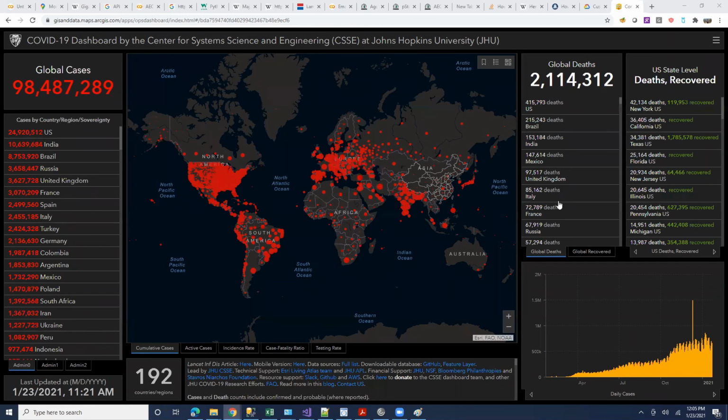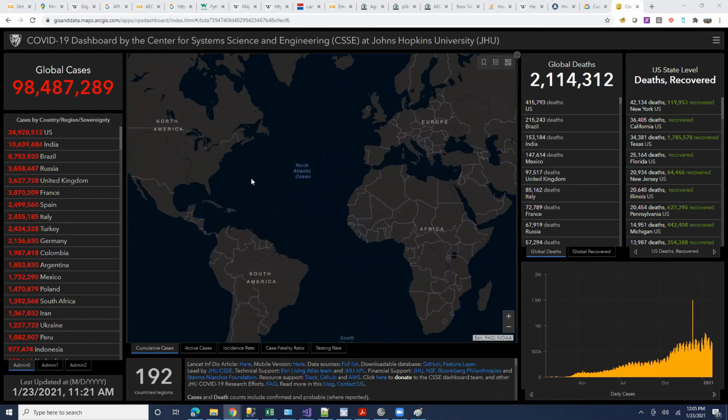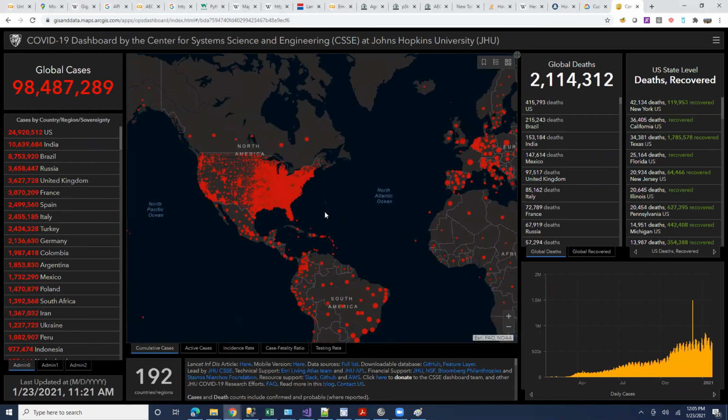Oh, COVID is all over. Yeah, if you see Brazil also, COVID is all over Brazil. If you see Europe, all over Europe. So this is more like a heat map, or more like a density plot. It's just showing you how big of a cluster each one is. See, it almost looks like Canada has no COVID, but that's just because Canada has almost no population in this entire region, right?